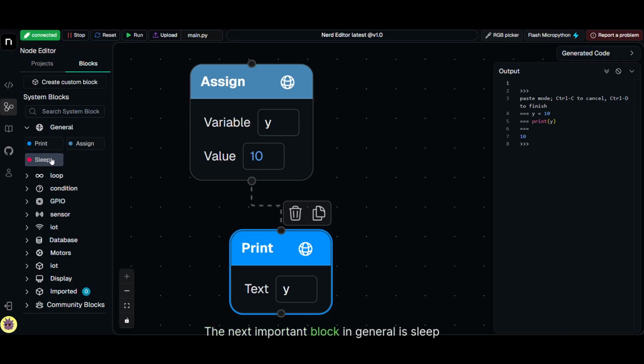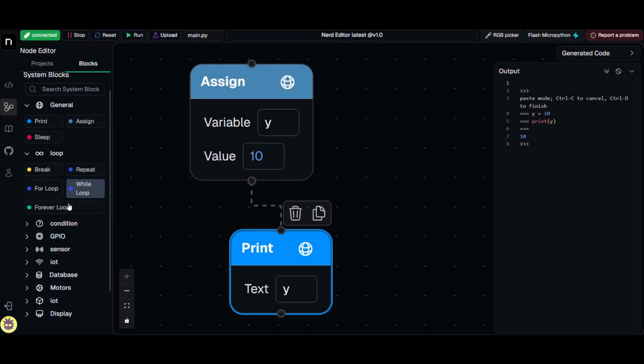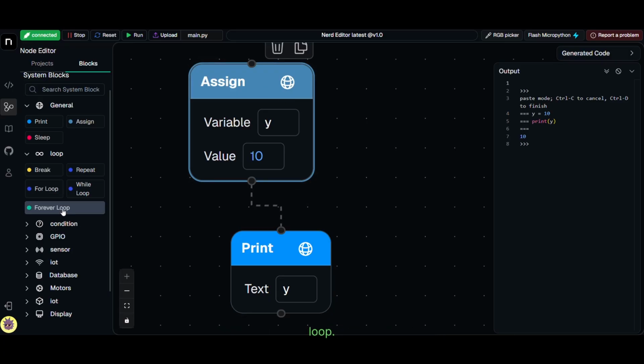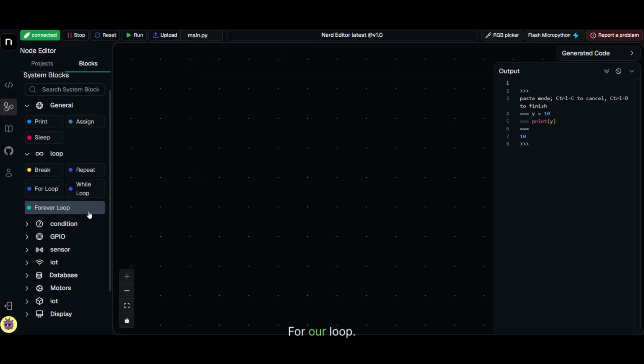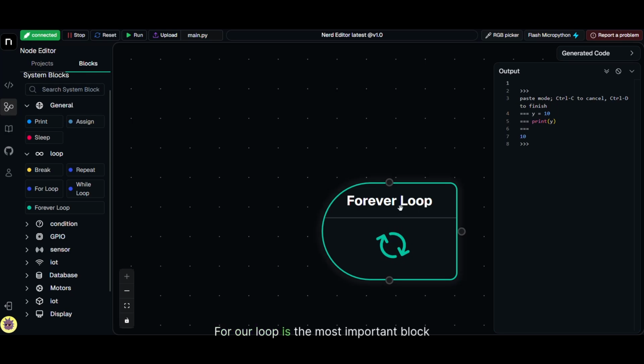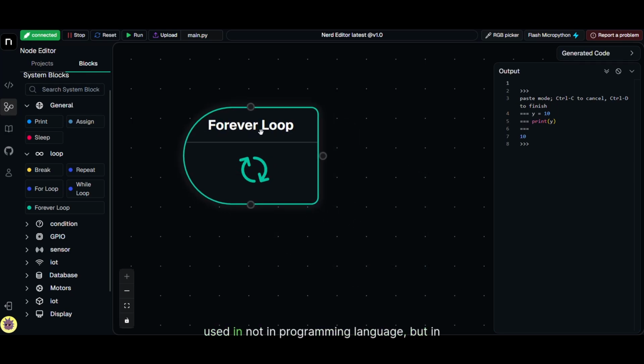The next important block in general is sleep. But before going into sleep, we have to learn about loop. There are around 5 important blocks under the loop section. The first one we are going to see is forever loop. Before that, I am going to delete all the previous blocks that I used. Okay. Forever loop is the most important block used not in programming languages but in